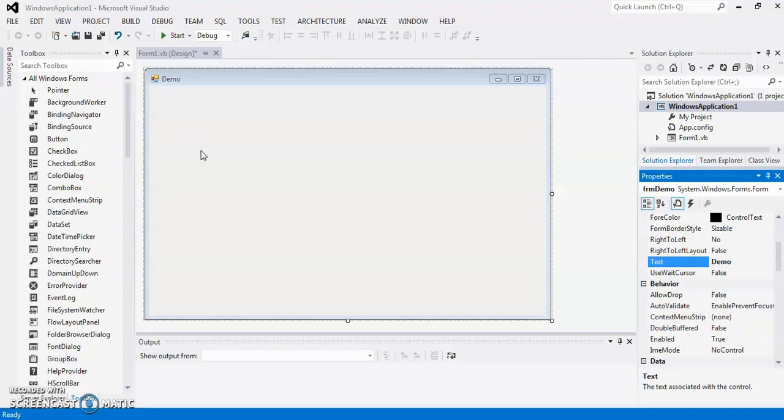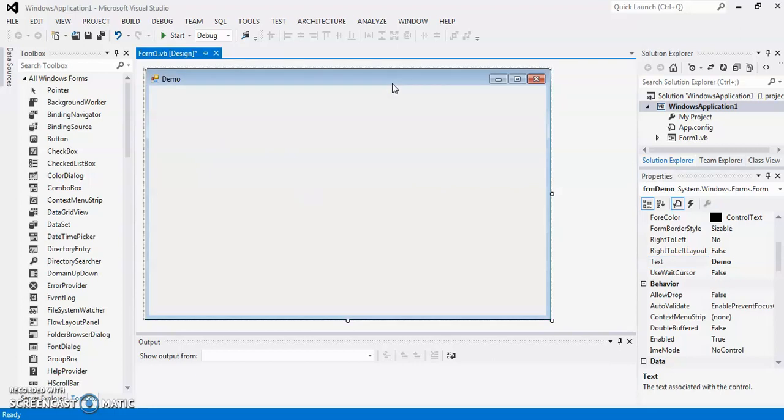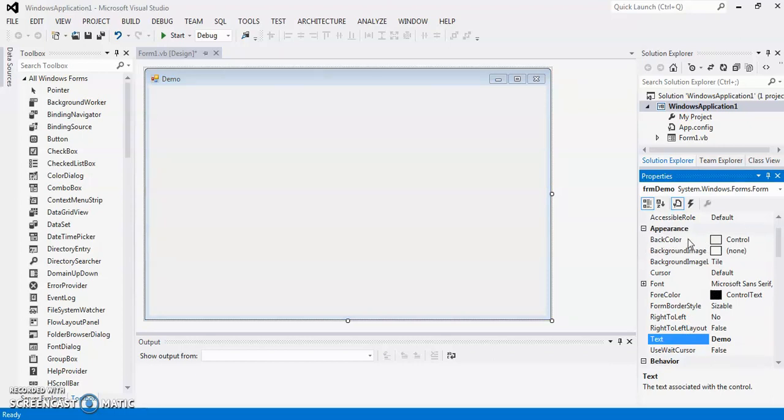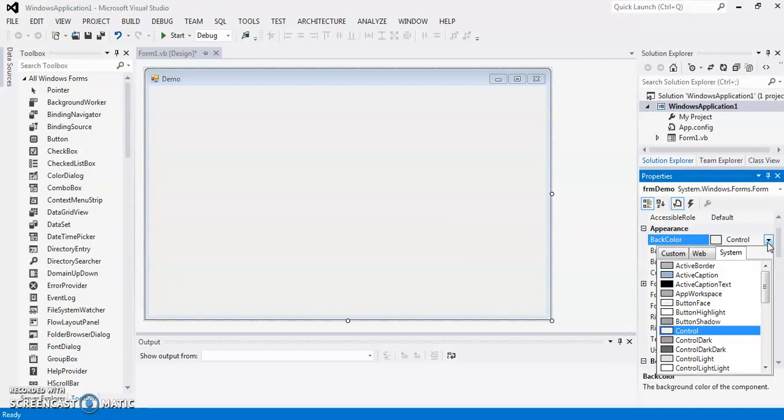There are also a few other properties that you can change on the form, like its back color. By default it appears as gray, but you can change its back color. So here is the back color. You can also add a background image in your form. Right now I am going to change the back color. So you can see a drop down appears. These are some system colors.